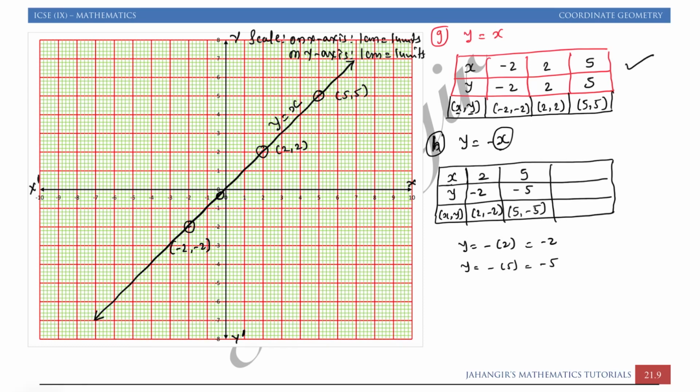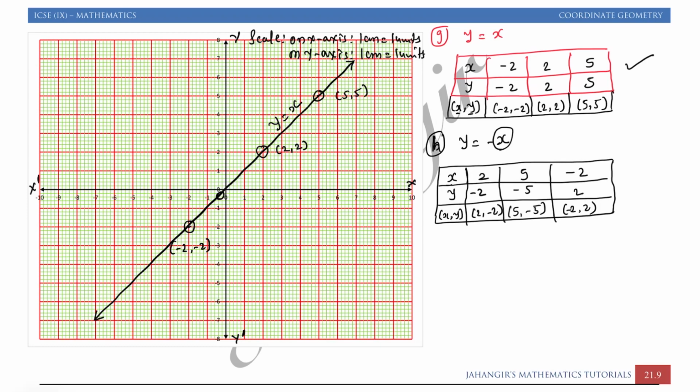Third, I can take any negative value, let's say minus 2. So if I take minus 2 as the value of x in y is equal to minus x, just replacing the x value in the equation, we will get y is equal to 2. So my next is minus 2 comma 2. If you want you can show that method, if x equals this, y is equal to this, you can show everything by substituting, but here I don't have enough space.